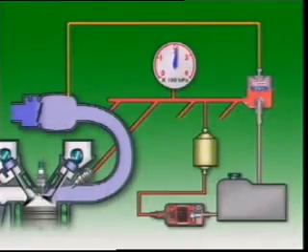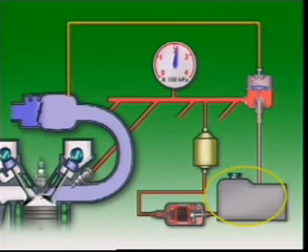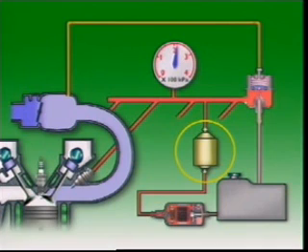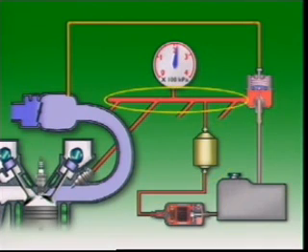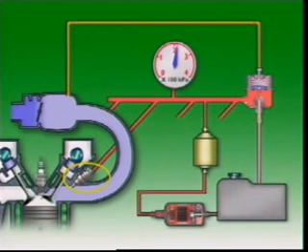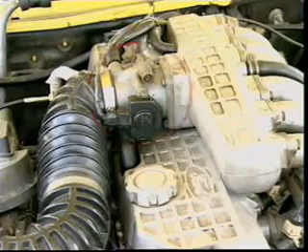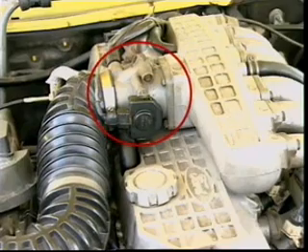The whole system has a fuel tank to store the fuel, a fuel pump to circulate fuel and provide pressure in the system, a fuel filter to clean the fuel and protect the injectors, a fuel rail or pipe to supply the injectors with fuel, injectors which spray into the intake valve ports, a pressure regulator to control pressure in the system, a throttle body with a throttle valve to control the flow of air to the engine,